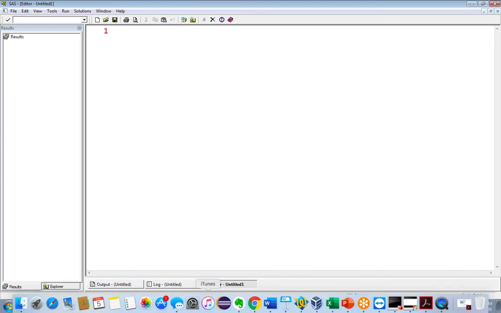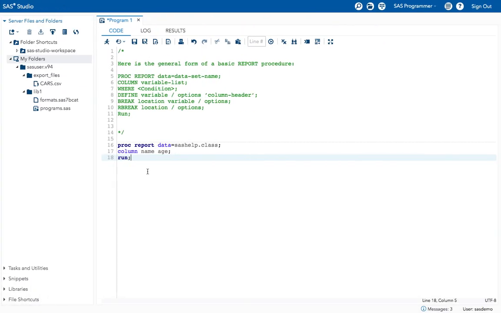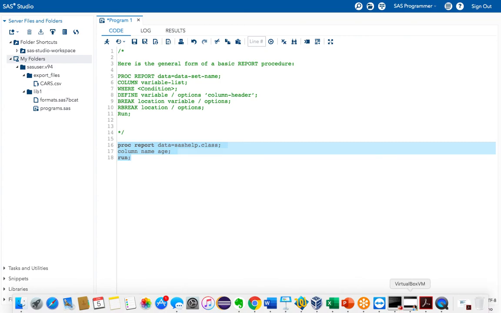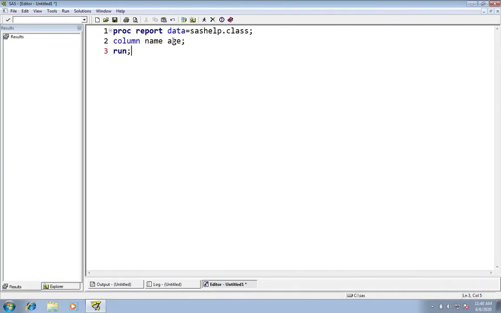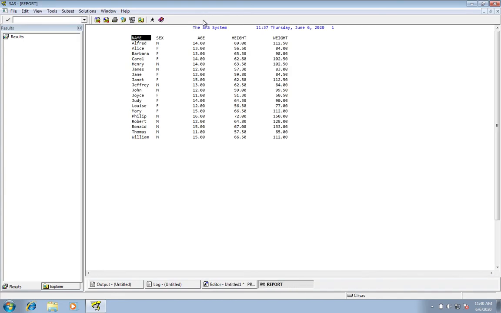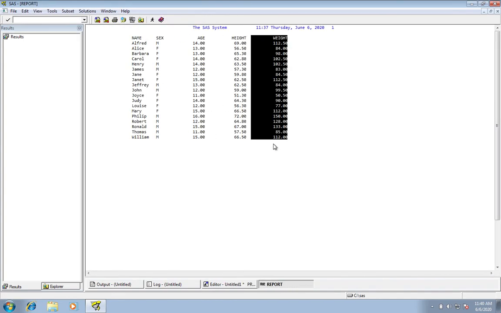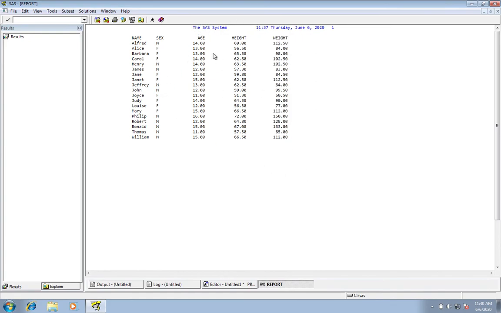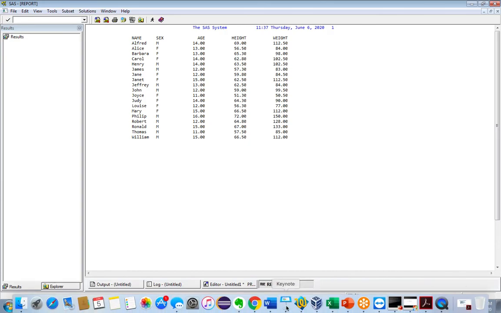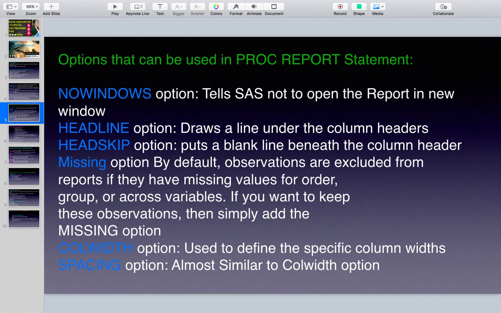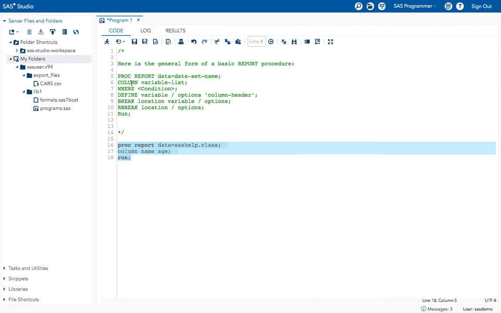Okay, let's take the program. See, this is the example that we were working on earlier. I'm just copying that from the new version to the old version. See, I'm taking this off. Now execute the program and let's see the difference in how it generates the results. See, in the old version it is generating the results like this. See, in the new version how it is generating.